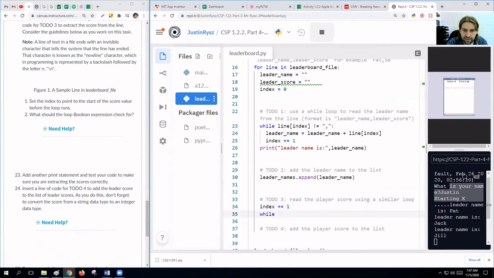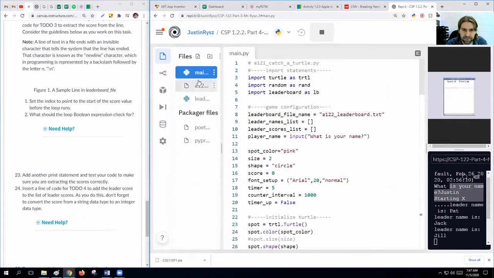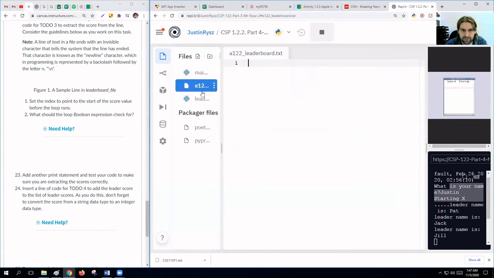Then we can do while line sub index. This time we don't want to look for a comma. We want to look for the blank space, and that blank space is the /n. This is something kind of new here. /n, if we look on our list, would be how the computer reads